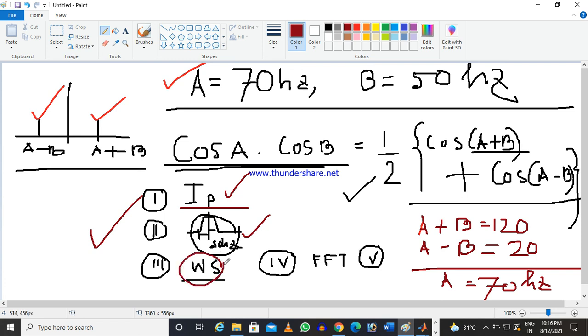Then we take the data to the MATLAB workspace. We do the FFT, and after the FFT we get 2 sidebands. If I get those 2 sidebands, from there I can very easily find out my fault frequency.